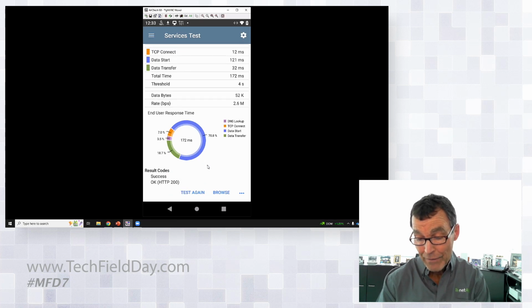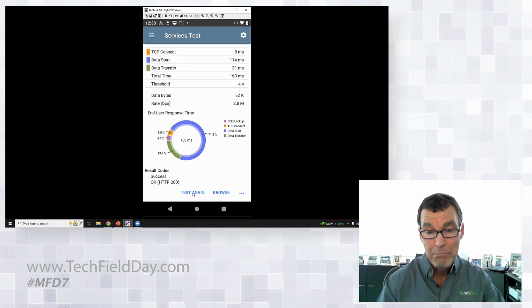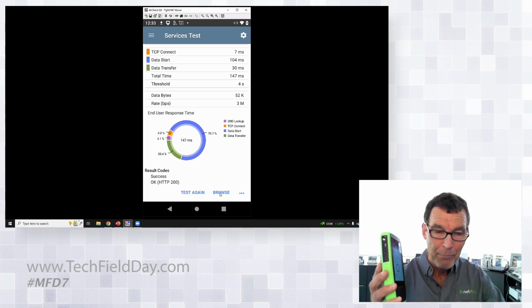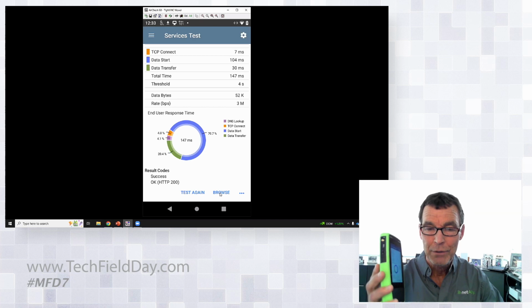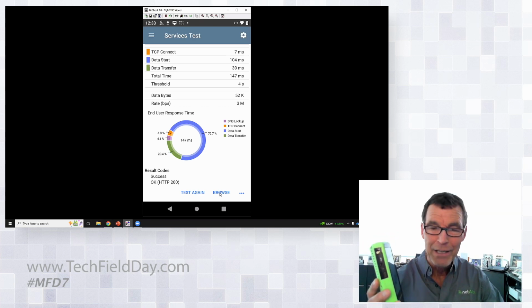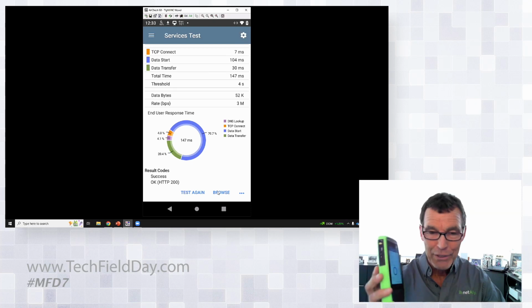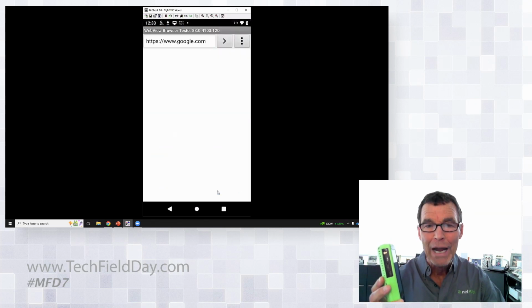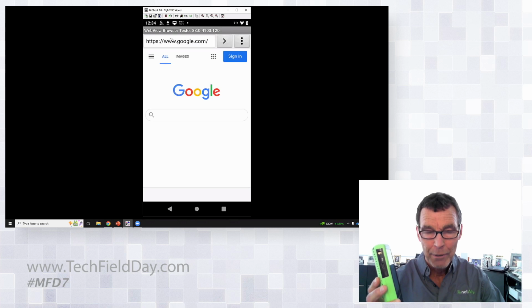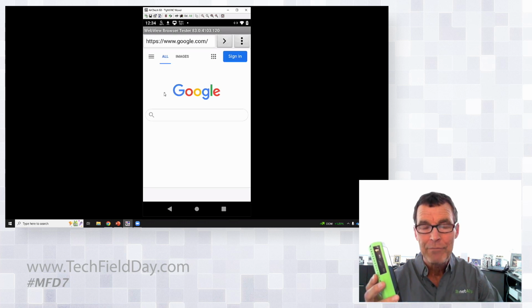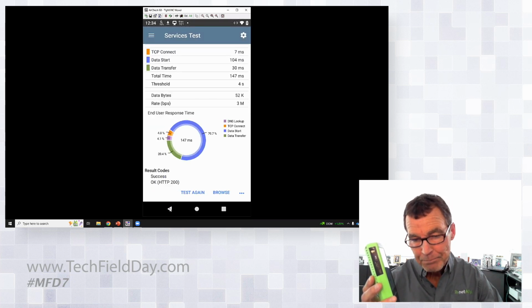And then if I want to check repeatability, I'll just go test again. That's pretty good. It's taking me about 150 milliseconds to pull Google. Okay, nice. And then since we have a browser, I can browse. We're still just a few months away, right? So you can imagine I'm running in development code on pre-production hardware, but you can actually browse over, and this will go to Chromium here shortly instead of WebView, but you've got the browser right there, so you can go to any web page,